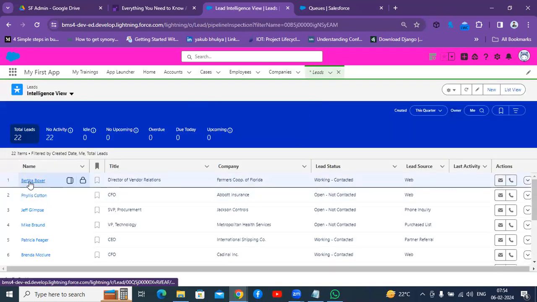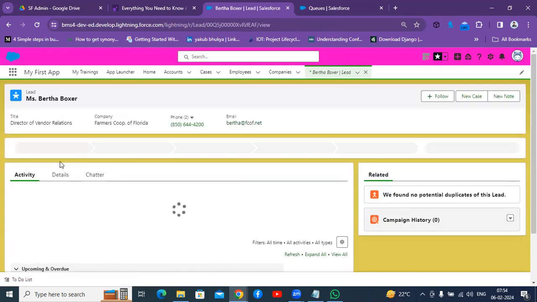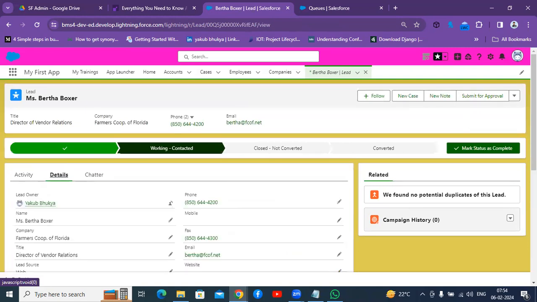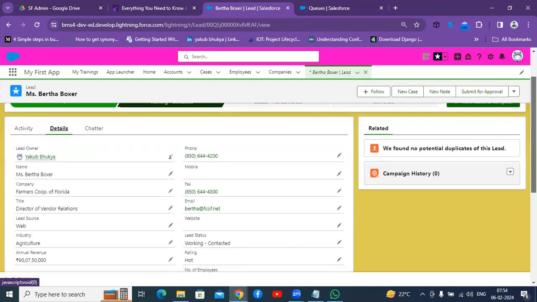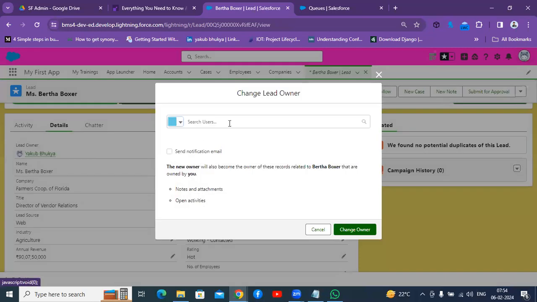So now I'm opening this record. To details. In the details, you can see lead owner. What I want to do is change the owner. So here you can see users and queues. I have to assign it to a queue. Which queue did we create?